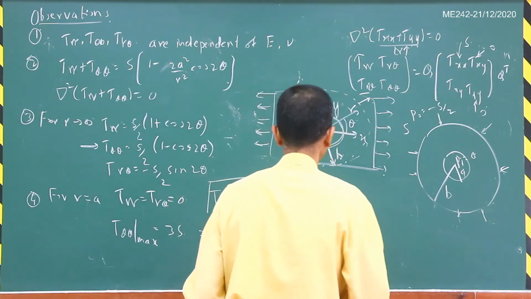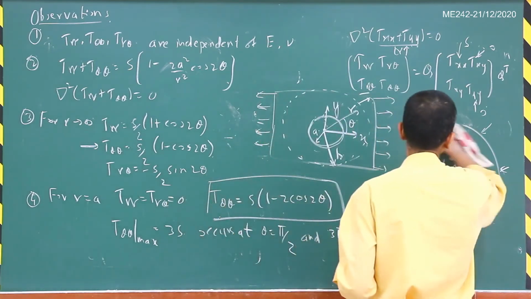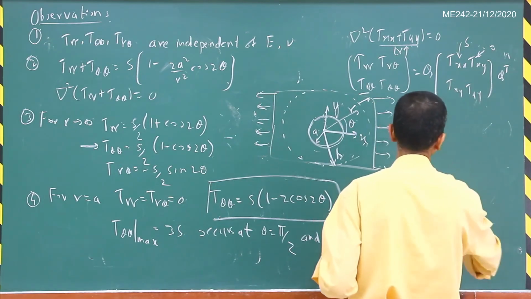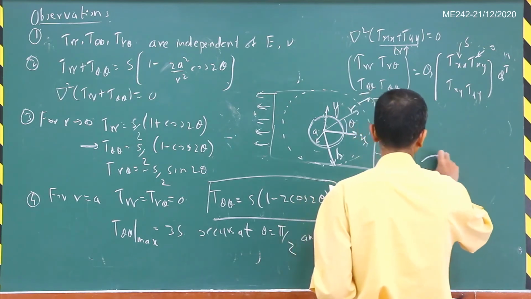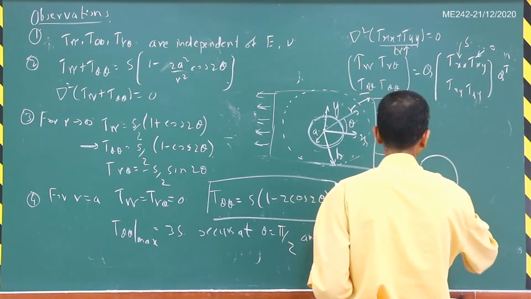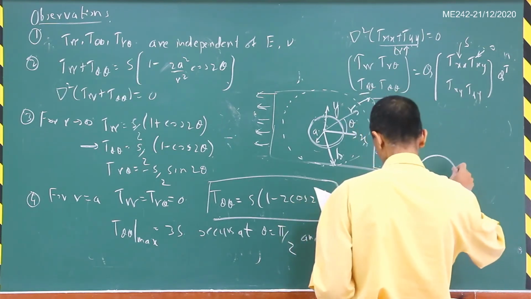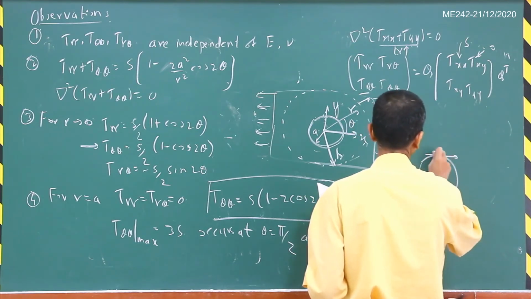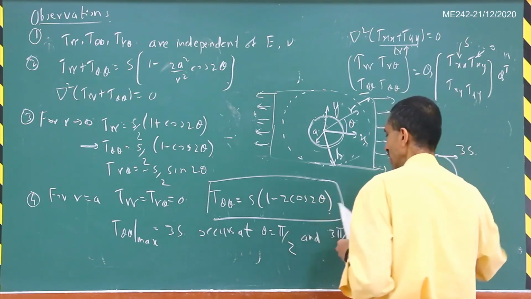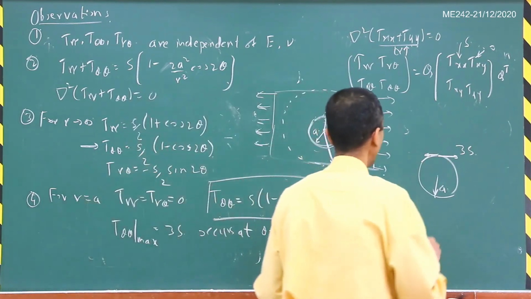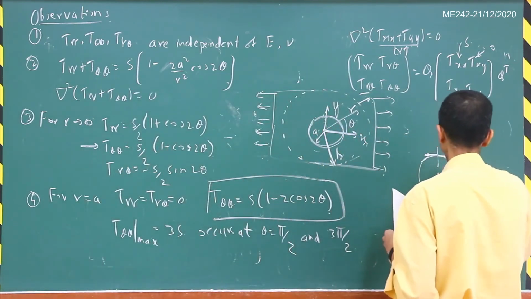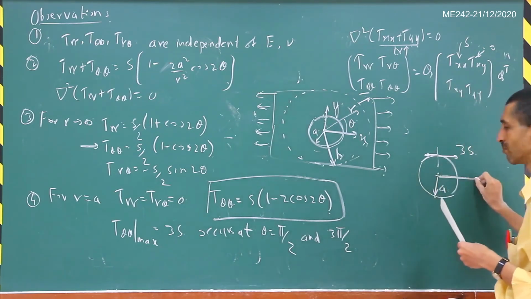So suppose I draw this circle r equal to a, then I'll just show you the stress distribution around that. So this is your circle r equal to a, and you can see that it is a tensile stress. Okay, so the magnitude that you get is a tensile stress. So that is at theta equal to pi by 2, right? Theta is measured from this axis here.